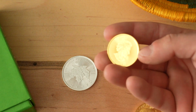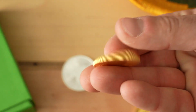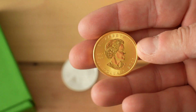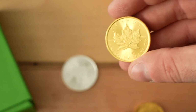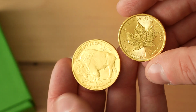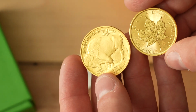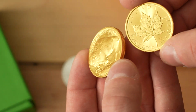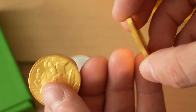Also, I know this is going to get cold eventually because I am not taking very good care of it. But if you've ever wanted to look at one of these up close, this is what it looks like. It's definitely one of the more beautiful coins. Comparing it to the buffalo, which I also love. It's absolutely phenomenal. It looks like a sculpture. It's so nice. The Canadian's maybe a little bit more boring than the buffalo, but God, the Canadian one here